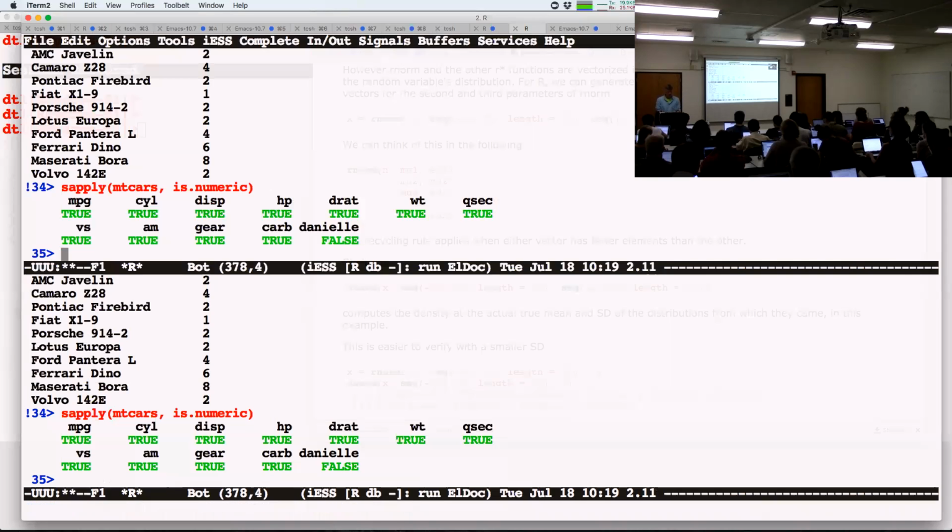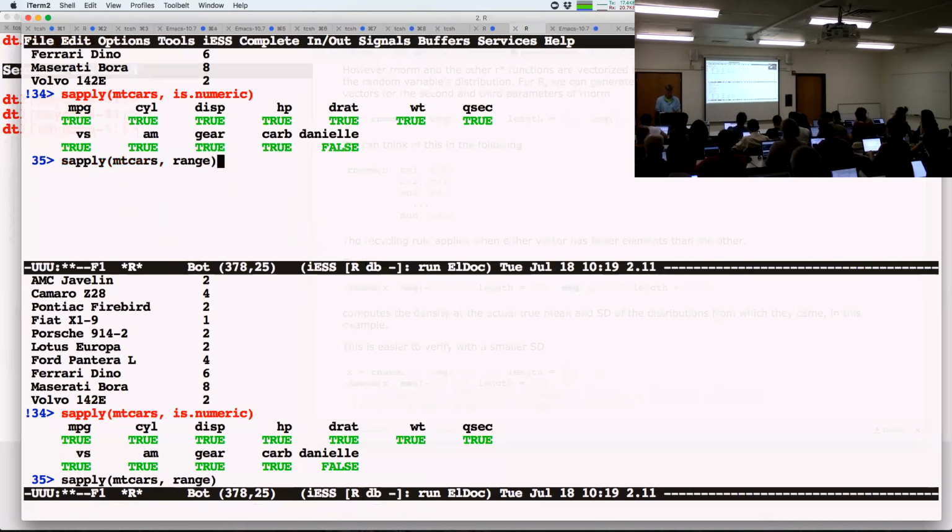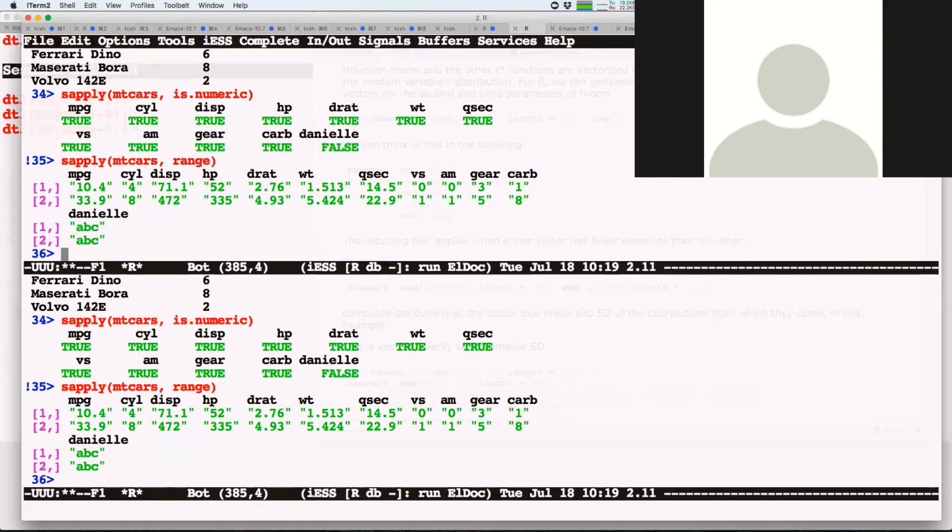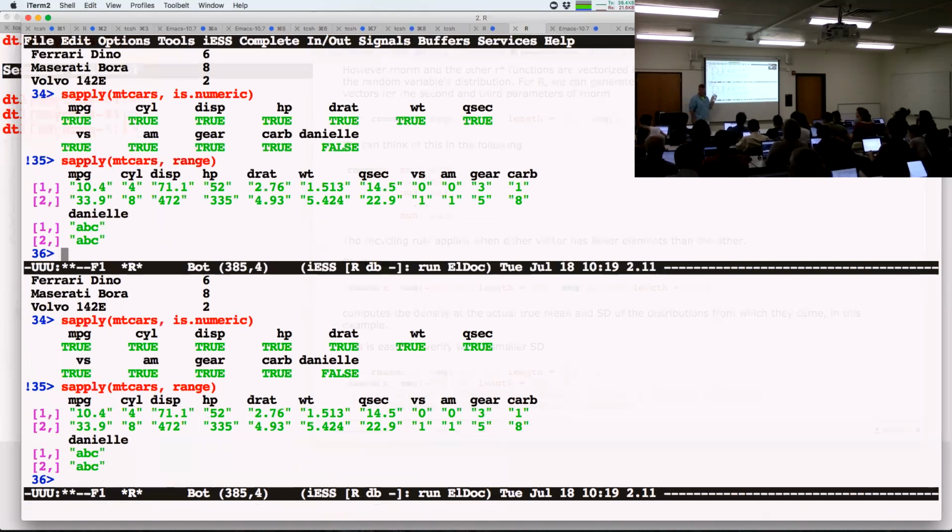Okay, so that's fine. So let me just do this. sapply on this guy, and let's do a function. Well, again, I don't want to write a function if I can possibly avoid it. There's a function called range, which will give me back the min and the max. I could write a function that gives me back a vector, which has the min and the max. But hey, somebody else wrote it for me, so I'm lazy. Okay, so now I just do this. Oh God. That's what happened here. So this is an example of what's happening.